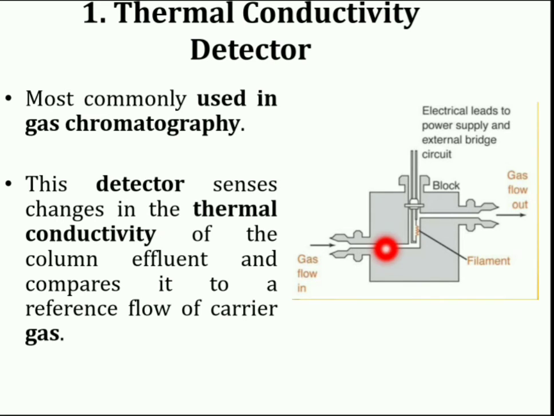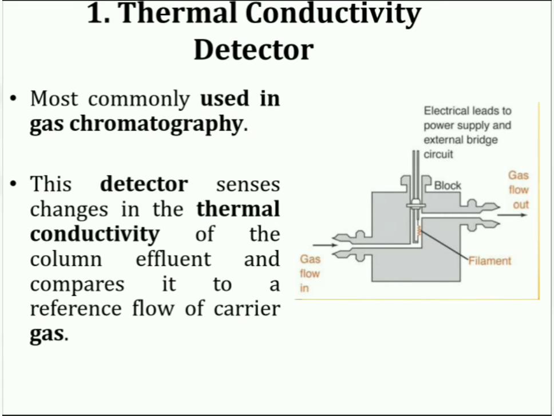The detector is composed of a gas flow unit connected with platinum wires. The platinum wires are heated electrically and assume equilibrium conditions of temperature and resistance when carrier gas alone passes over them. They are mounted in a Wheatstone bridge arrangement, and when a compound emerges, the thermal conductivity of the gas surrounding the wire alters, and hence the temperature and resistance of the wire change with the output of a balance signal, which is amplified and recorded.